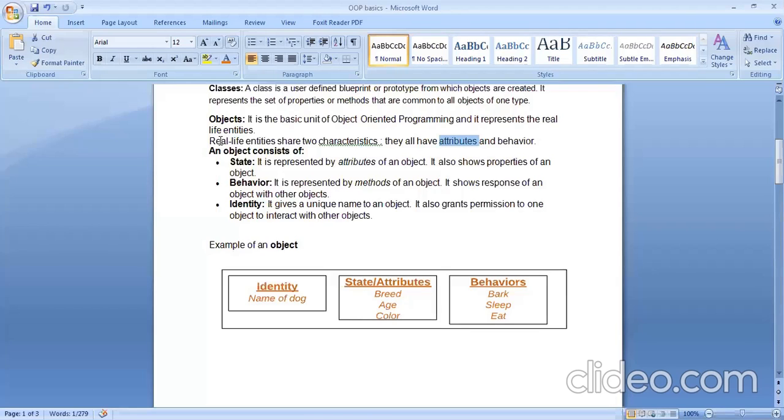Values in the sense, what is my name? I'm Namrata. What is your name? Say your name is A. My age is, suppose, 20, your age is 10. My phone number is different, yours is different. So we have the same properties, we have similar properties, but the values of the properties are different, and these values make every object different from one another.